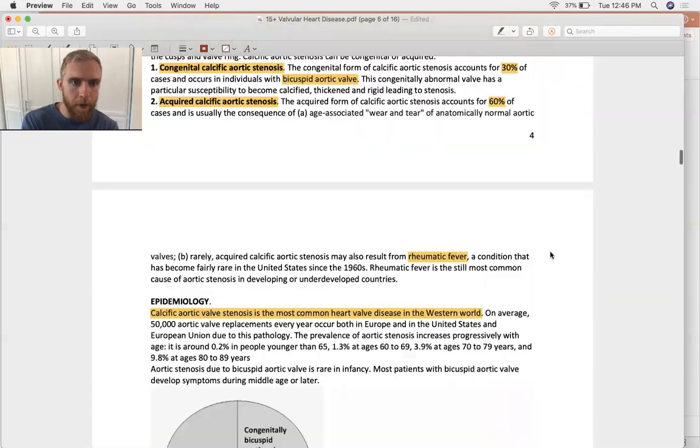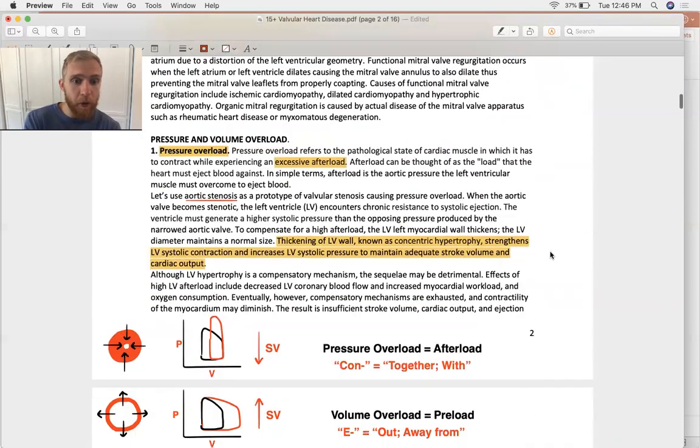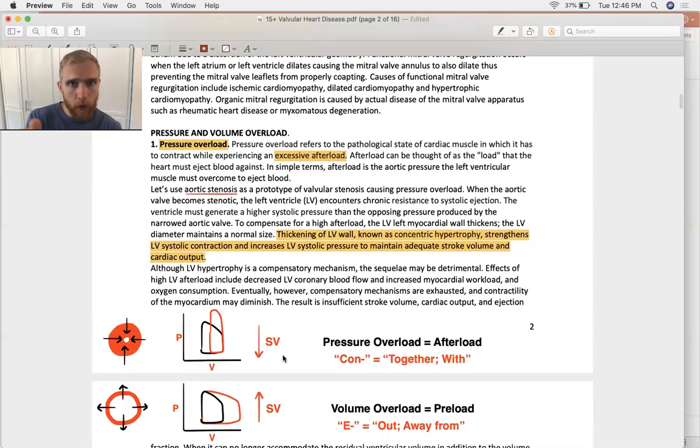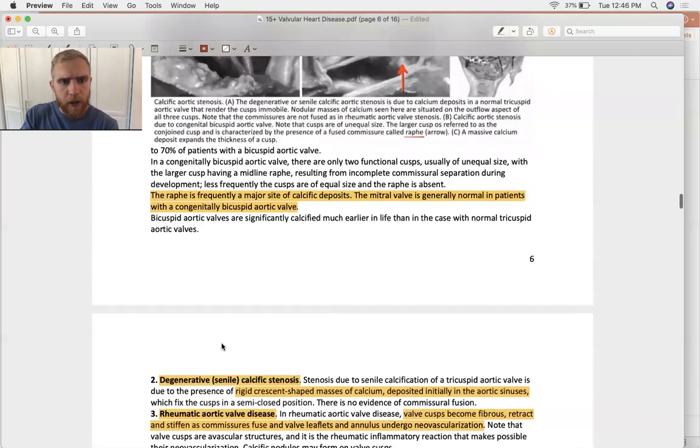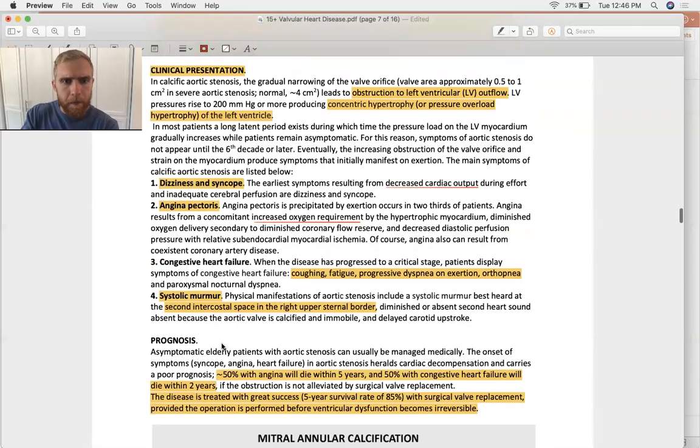Because remember, up here, we said that when you increase afterload, your stroke volume goes down, right? But you need to keep stroke volume because you need to keep all your tissues perfused. And so that's why your heart hypertrophies as it does, to maintain a proper stroke volume. So thinking about that, the heart's going to hypertrophy, and then